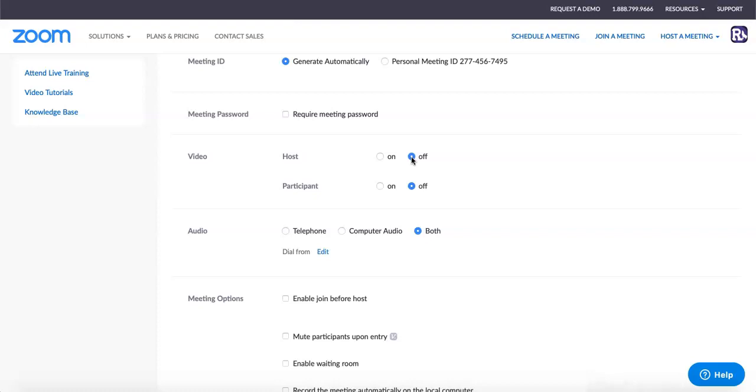You can just create an option for them to have the video already going on its own. They won't have to really set anything up by clicking on. But me personally, I usually like to have the video off when they come in and they have to physically turn on their cameras